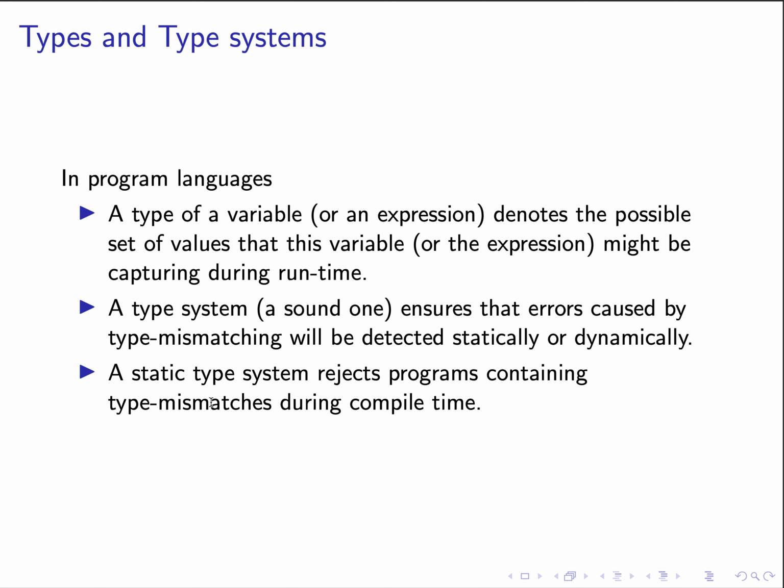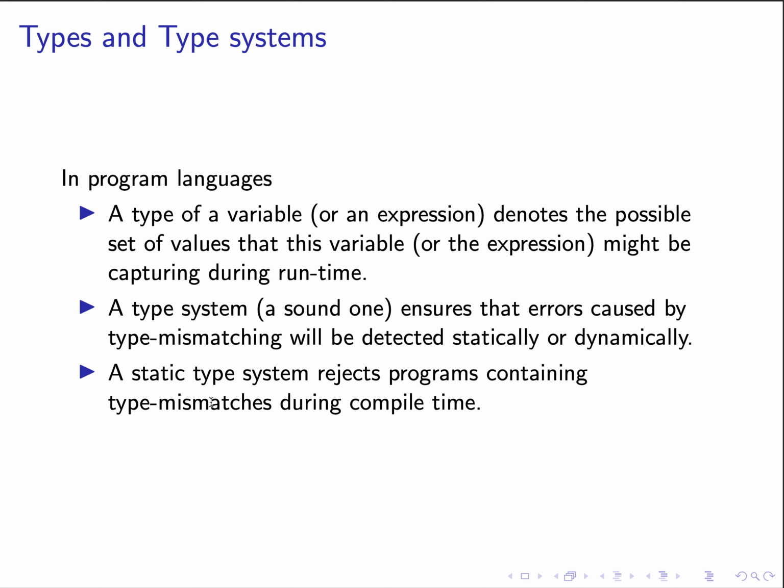In programming languages, the type of a variable or an expression denotes the possible set of values that this variable or the expression might be capturing during runtime. A type system, hopefully a good one, will ensure that errors caused by type mismatching will be eliminated or detected statically or dynamically. Of course, for the static type system, what we hope is that a good one would reject the programs that contain type mismatch during compilation time, and help us to realize that